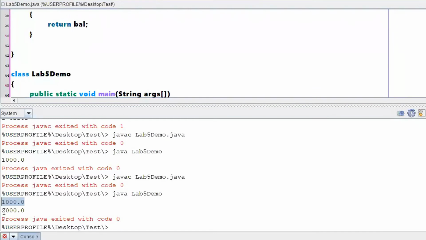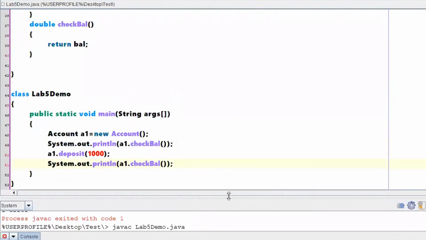Then after depositing 1000 rupees, this is the new balance, so total balance is 2000 after a deposit, right? Here instead of passing 1000 directly, you can create a scanner object. Using a scanner object, you can ask a user how much to withdraw, and pass that argument here. Hope you can understand my statements, right?